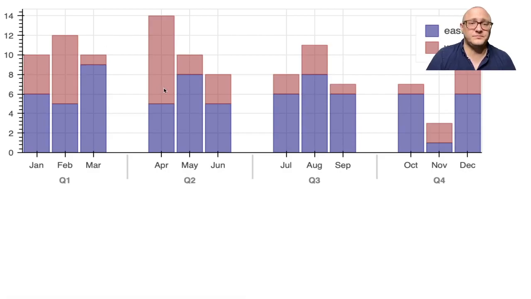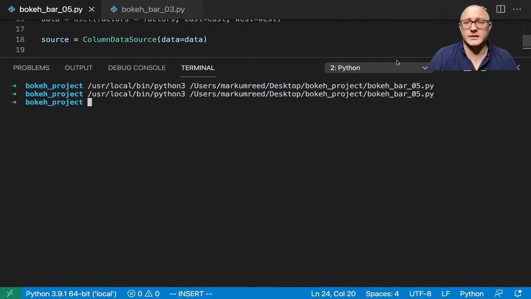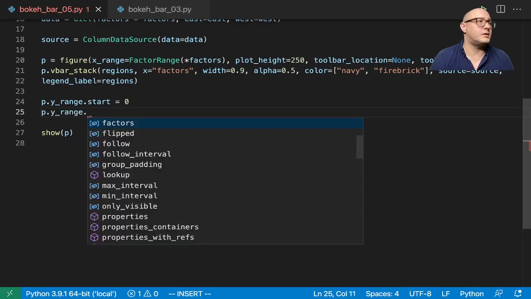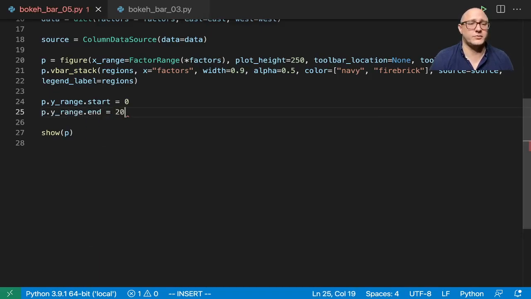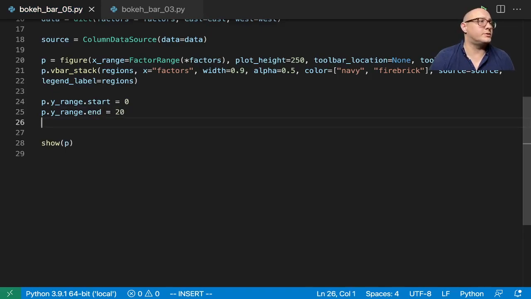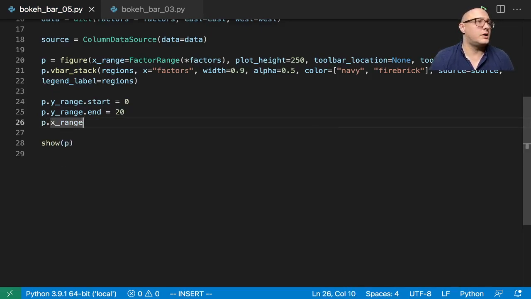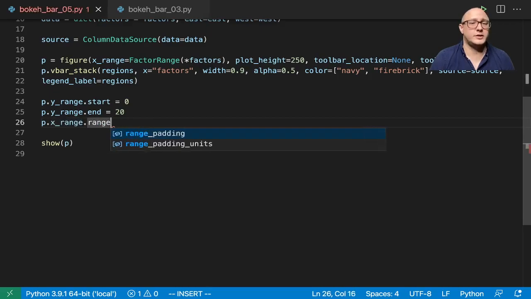So the next thing that we want to do in here is go on and do something like p.y_range.end in here, and I'm going to do 20, and then we'll do p.x_range.range_padding in here, and we're going to do 0.1,